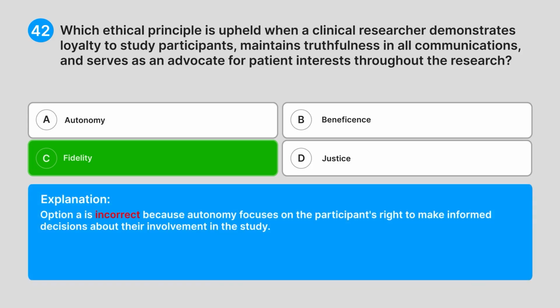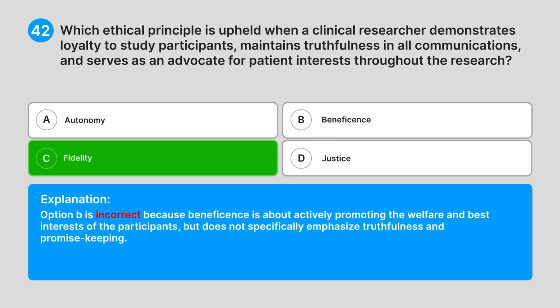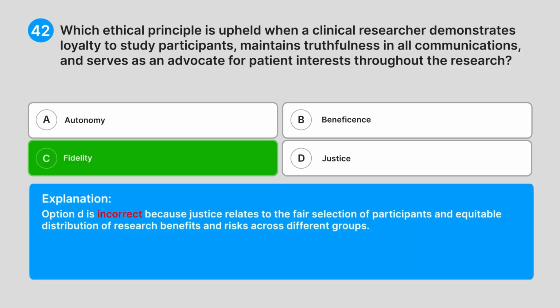Option A is incorrect because autonomy focuses on the participants' right to make informed decisions about their involvement in the study. Option B is incorrect because beneficence is about actively promoting the welfare and best interests of the participants, but does not specifically emphasize truthfulness and promise-keeping. Option D is incorrect because justice relates to the fair selection of participants and equitable distribution of research benefits and